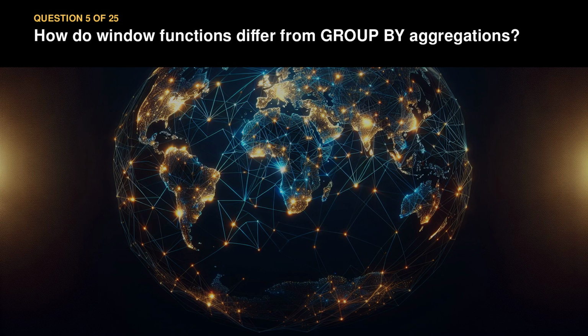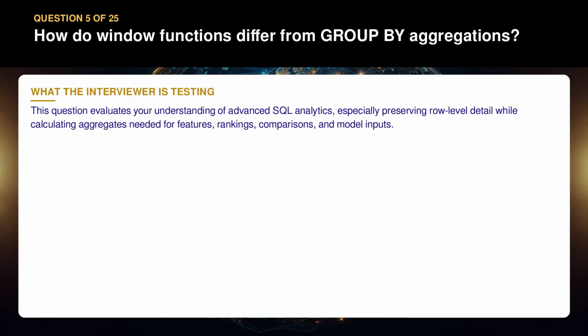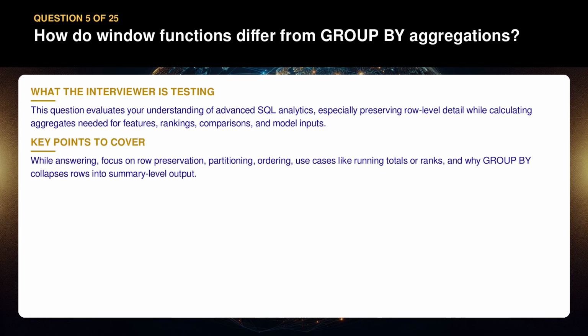Question 5. How do window functions differ from group by aggregations? This question evaluates your understanding of advanced SQL analytics, especially preserving row-level detail while calculating aggregates needed for features, rankings, comparisons, and model inputs. While answering, focus on row preservation, partitioning, ordering, use cases like running totals or ranks, and why group by collapses